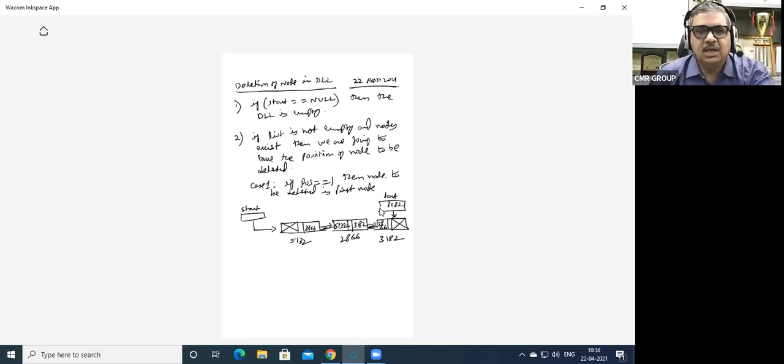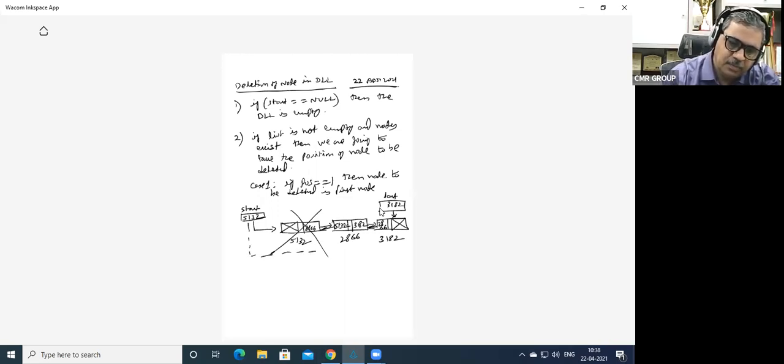What node are we deleting here? The first node, this is 5132. This particular node gets deleted. If this node gets deleted, then I have to establish the link like this, and this particular link does not exist.